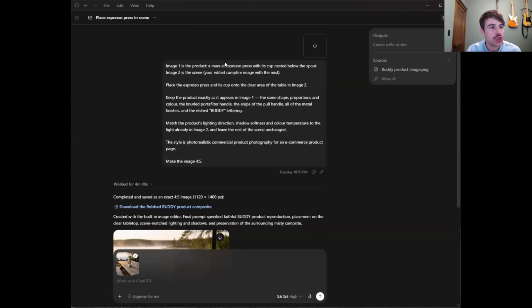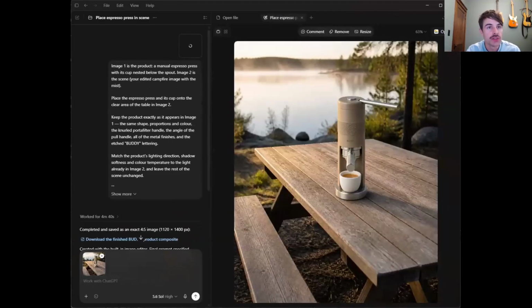So here I'm supplying two different images, and as we explain in the best practices, we're going to detail out very clearly what the point of each image is. The image I dropped in here that's spinning is my espresso press. And since I'm using ChatGPT, work actually saves these files as I'm working on them over here in this side pane. So I can tell it to use the image we made in the last conversation in this